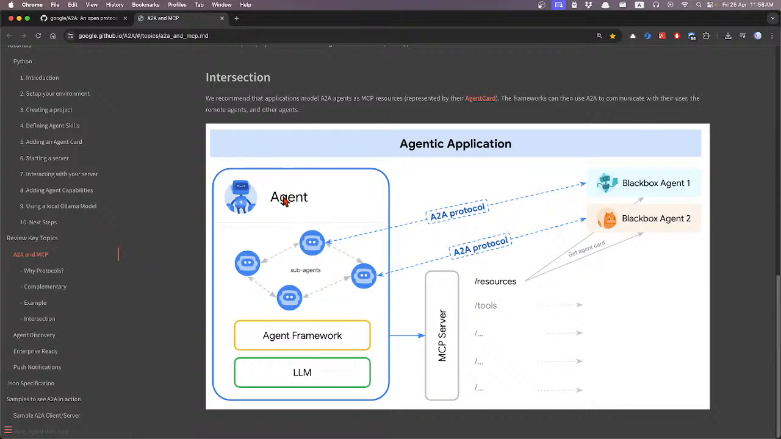These are sub-agents, agent framework, LLM. Able to access MCP server, gateway protocol, to the black box, agent one. So let's say there is a group of sub-agents here making up this agent. Then we have agent one, agent two, and